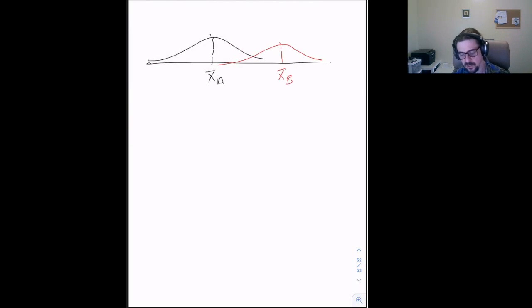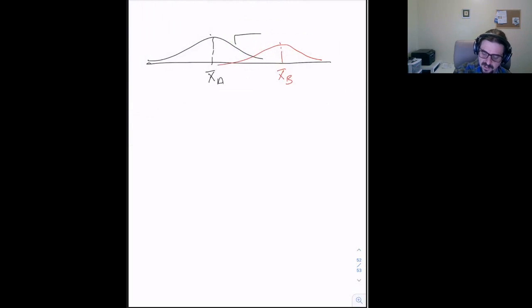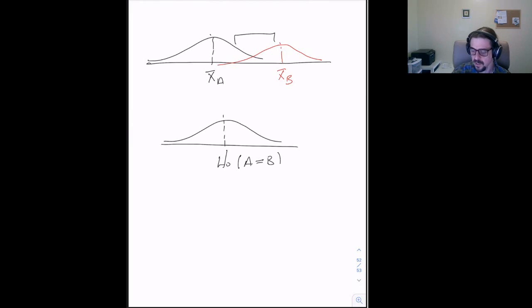That is the group of measurements belonging to group B, which has a mean around XB bar. So what I want to do for a two-sample t-test is basically take these two into account and make a combined population that is centered around H0, and H0 says, if we are doing a two-tailed test, A is equal to B,